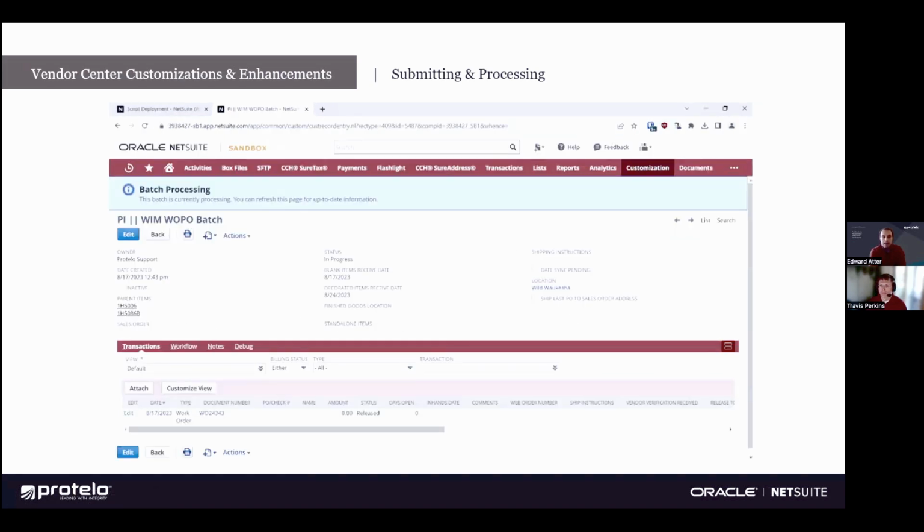Once you go to create the batch, the system's going to automatically draw all that out, including any work orders, including any purchase orders, in some cases even transfer orders, right? And so that's all going to flow into your native NetSuite system without having to create each and every one of those records manually. And how this flows into the vendor center process is now you have purchase orders for